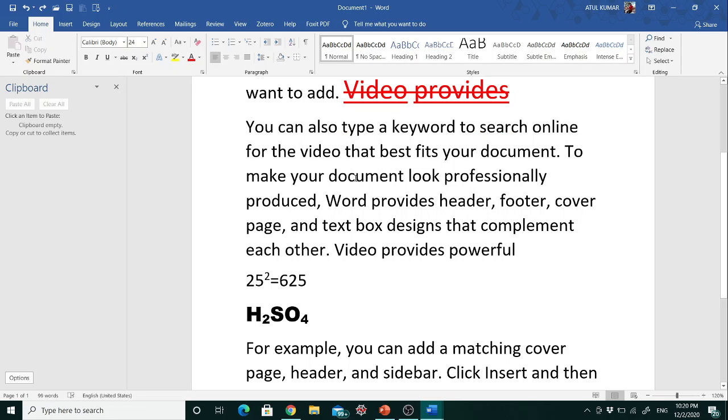If you want to select a single word, just place the cursor anywhere in the word and double click. So a double click will select a word, and by using a triple click you can select a complete paragraph.